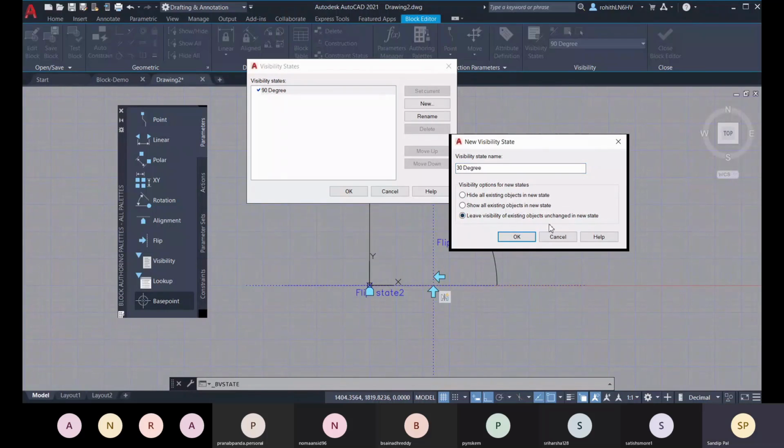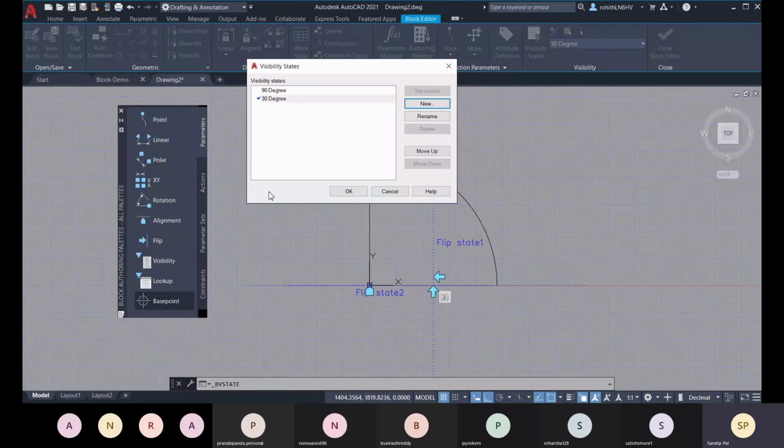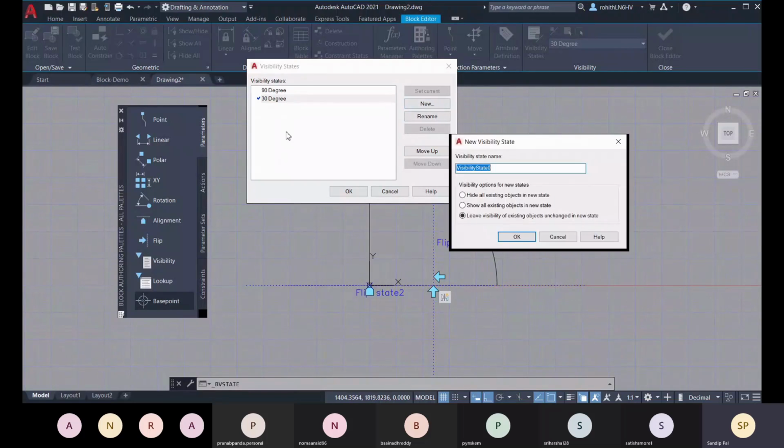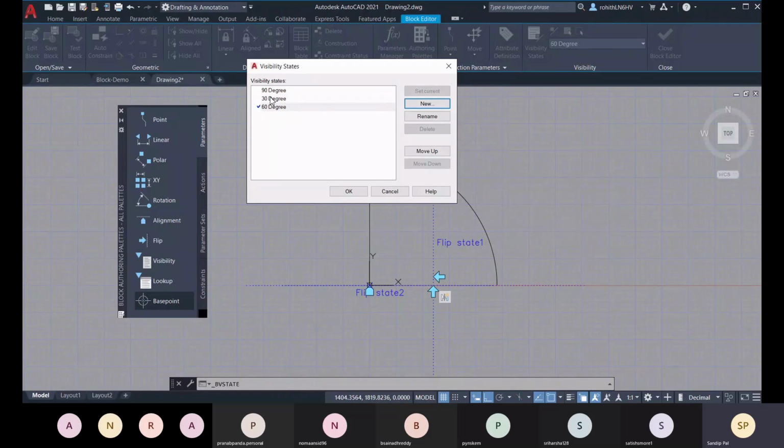Okay, let's click on OK, and this is the active one, and you can create others like 45 degree or 60 degree. So let me go with this 60 degree, and I will leave that here. Let me go to the 60 degree and go for it.